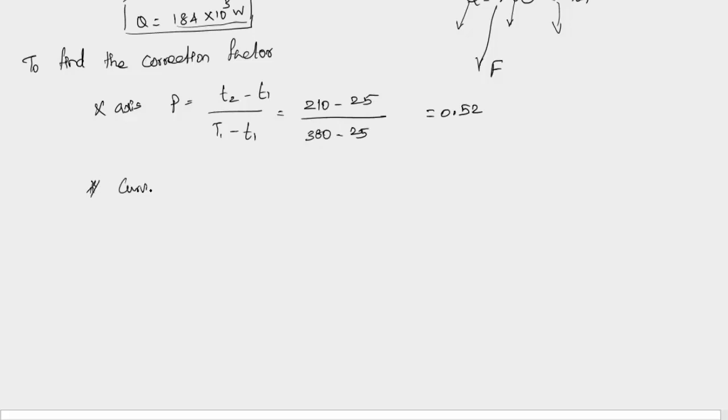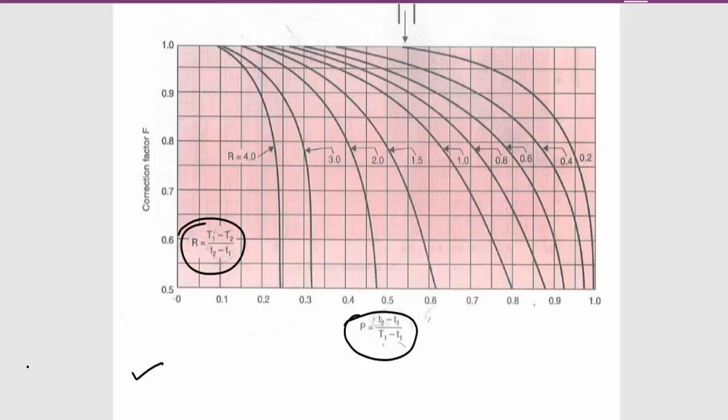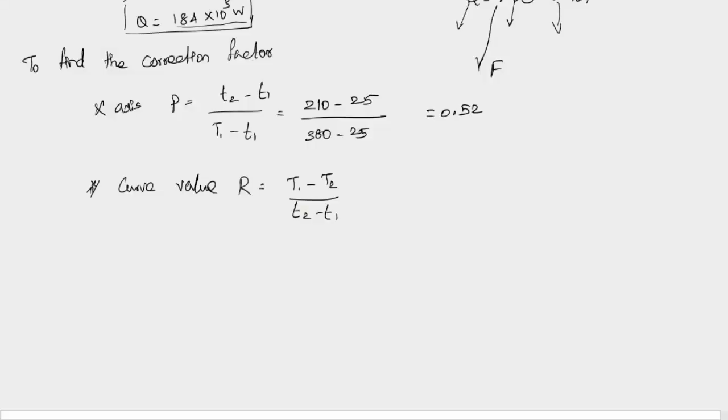So curve value R equal to (T1 minus T2) divided by (t2 minus t1). These two formulas are available in your data book itself, here and here. Okay, these two values have to be found out. So substitute all the values, you will get the answer as